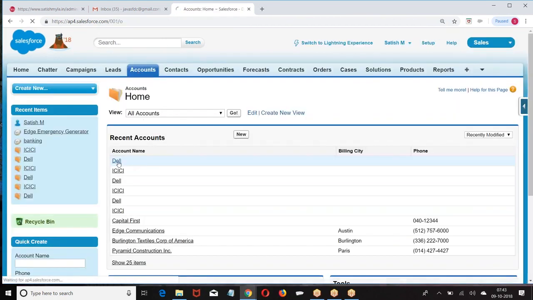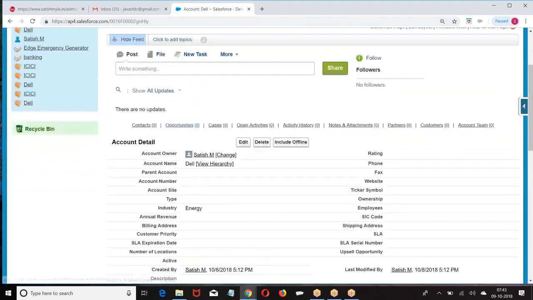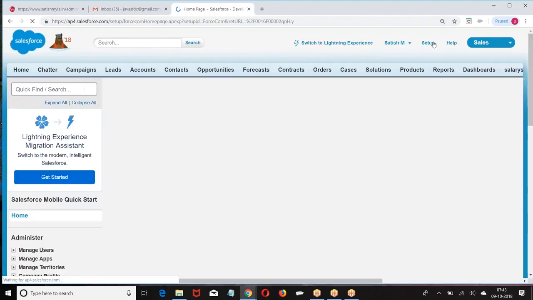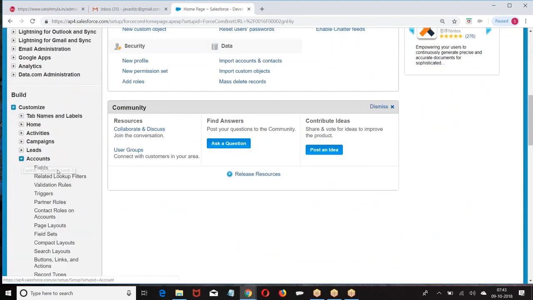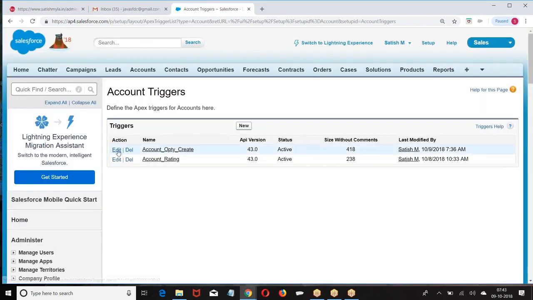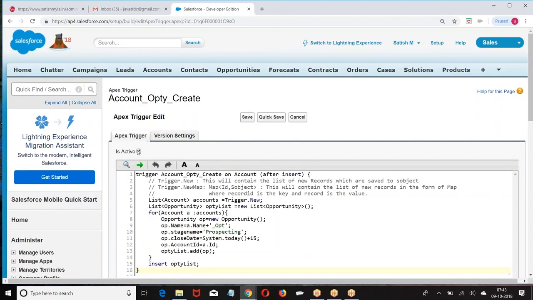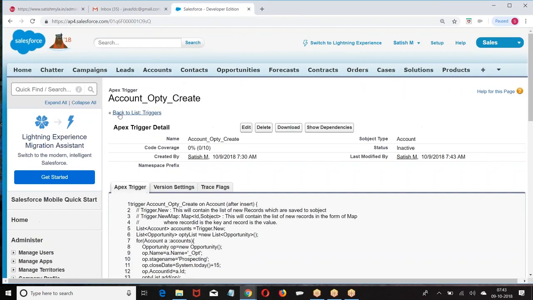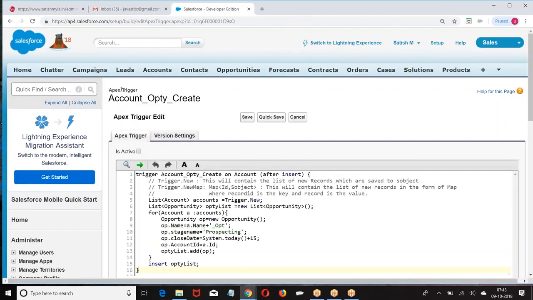So on every account, I can add a particular person as an account team member. Now here, a quick question. If I want to create any account team, first the account should be there, right? Unless there is an account, can you create an account team? You cannot create an account team unless there is an account. So should I go with the before trigger or after trigger?